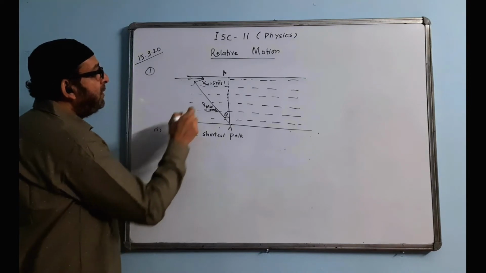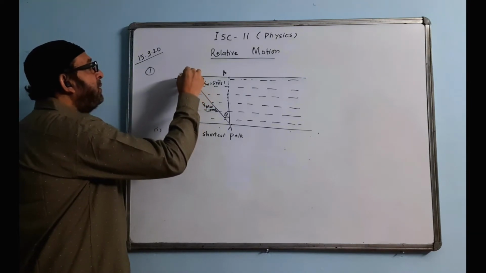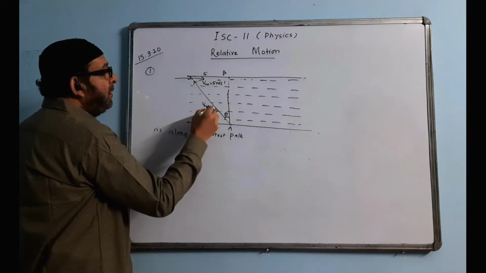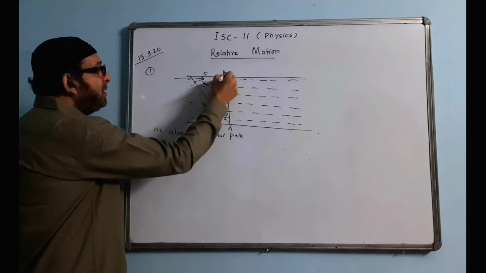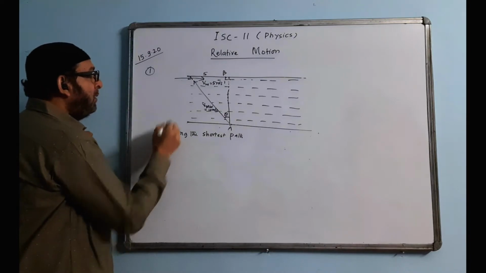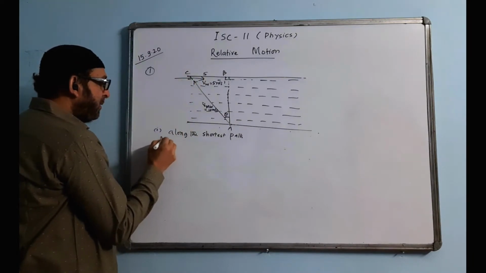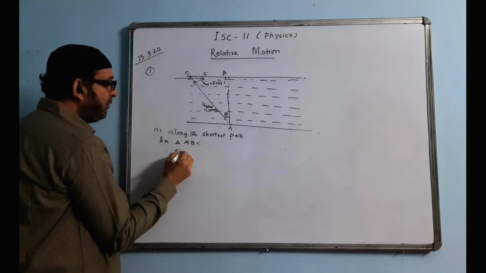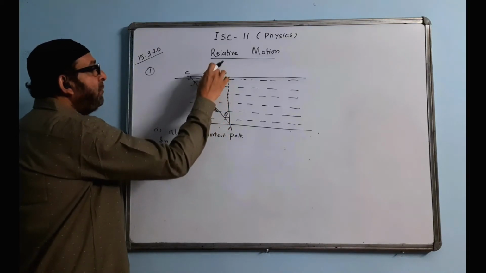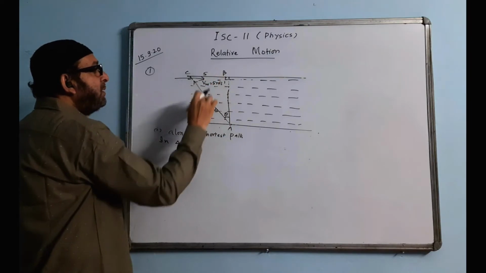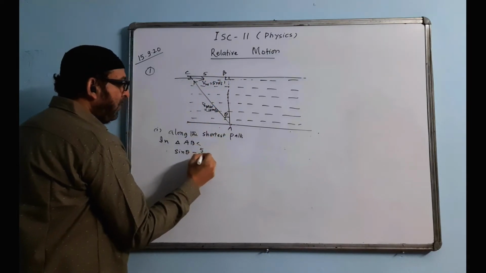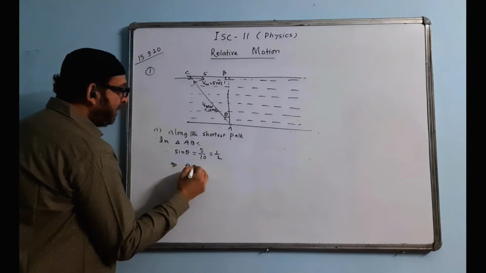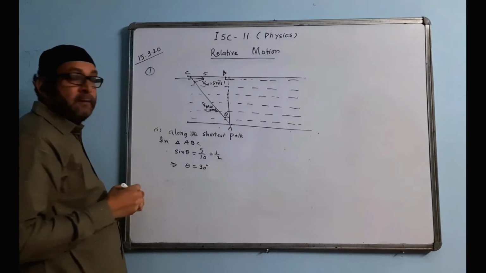So what formula can you use? You can join it. This is 5. You can add here 5. This is given 10. So this angle is 90 degrees. You can name it triangle ABC. In triangle ABC, you can use sin theta. Sin theta will be perpendicular, opposite to the given angle, over hypotenuse. 5 by 10. This is half. Therefore theta value will come 30 degrees.